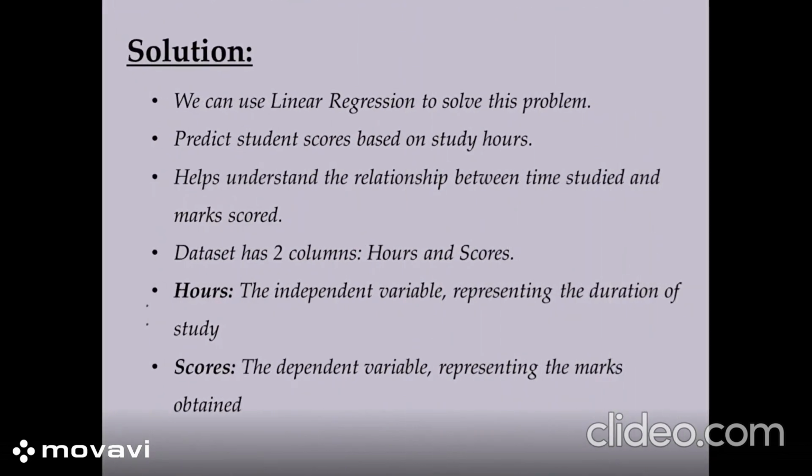And here is our solution. We are going to use linear regression for this problem. We will train it using the dataset of study hours and scores and then test it with unseen data to check how accurate it is. The idea is simple: fit a straight line through the scatter plot and use that line's equation to predict student marks. So our solution plan is basically: load and visualize the dataset, train a linear regression model, test it on new data, and finally use it to predict marks for new study hours. That's the full solution approach.